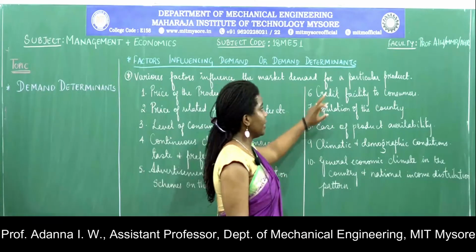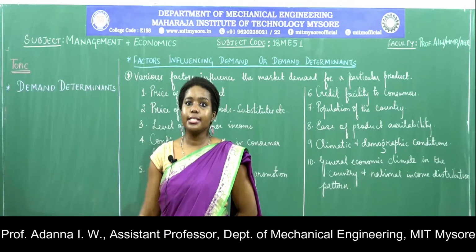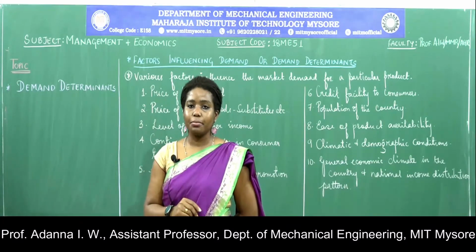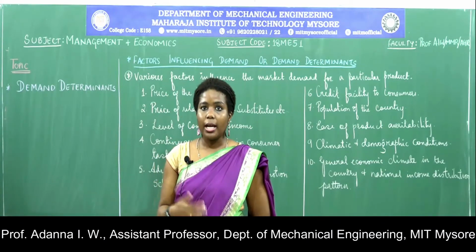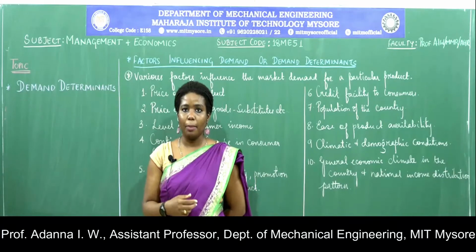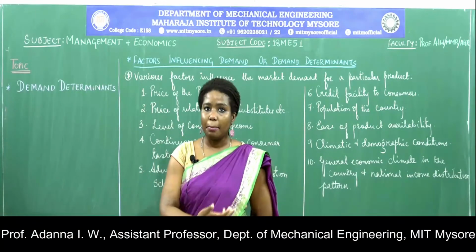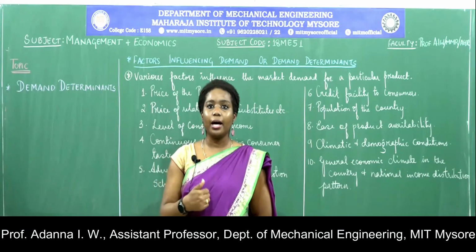The next is credit facility given to customers. When you are purchasing large products, say for example you want to purchase a washing machine, a fully loaded washing machine, maybe a top load or a front load, depending on the specifications which you like. If you go into the showroom or into the shop and you want to purchase it, and say financially at that point in time you are not fit to purchase the whole thing giving a full payment, what is happening is